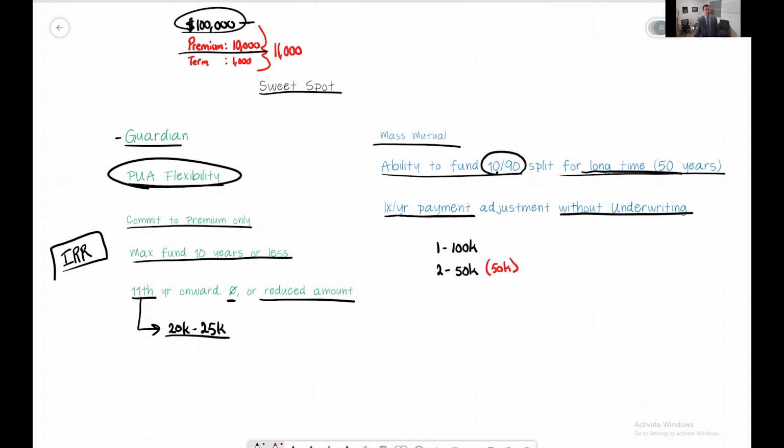You can do it with Mass Mutual, but in many circumstances, they come back and say, well, before we accept your money, we want to put you through some type of medical underwriting. They do have a rule that allows 3 unscheduled payments per year. The number has to be underwritten up front, and there's a couple other pieces of information to be aware of. There's a 2-year window and such. I can go through that in detail, but to simplify things and where people really thrive with Mass Mutual policies,